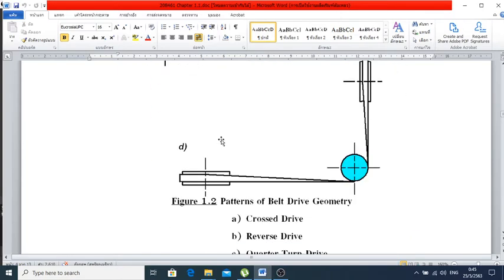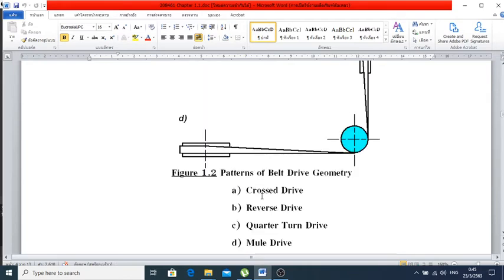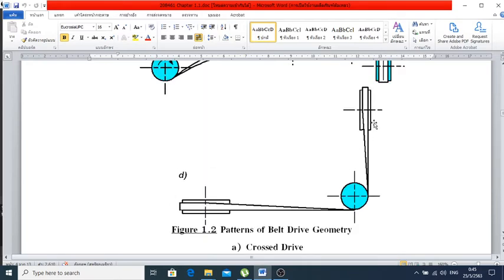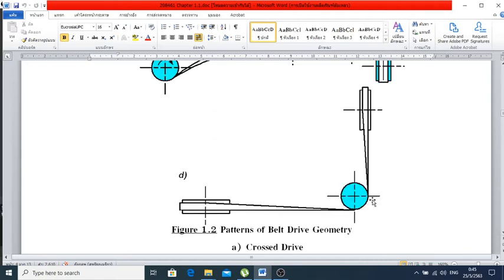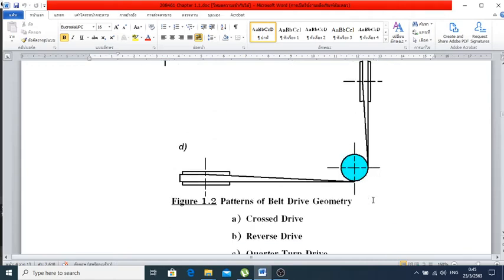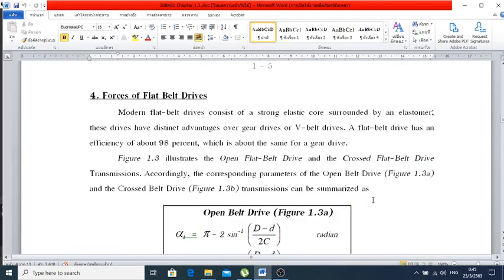Another one is the mule drive. There we can apply the pulley, it looks like that too in figure D. The shafts are perpendicular to each other. We apply the jockey there to be able to make a mount drive for that. A lot of these have been applied in machinery for the driving system between two shafts. Anyway, let's see the force associated with the motion of the belt